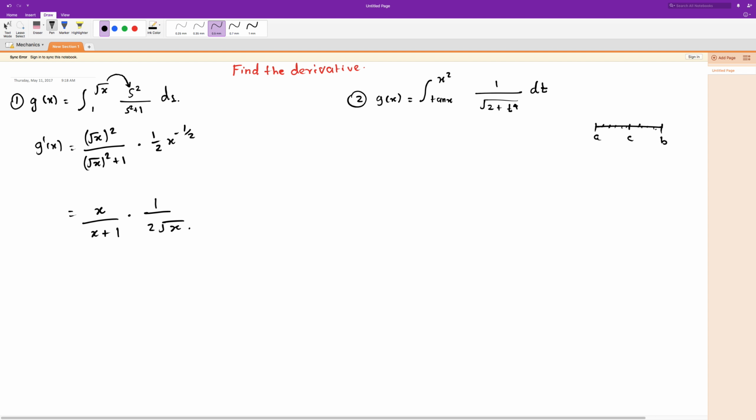If I apply that pattern to this one, this is going to be the integral from tan x to, and whatever the value c is, we put 0 for that. So 0, and then we have 1 over square root of 2 plus t to the power 4. Then we bring the x squared. So this is going to be plus dt right here, and plus